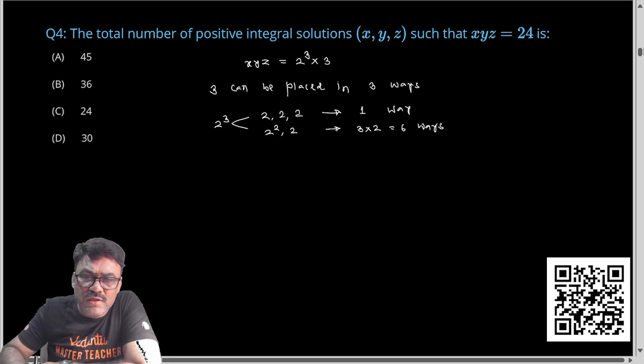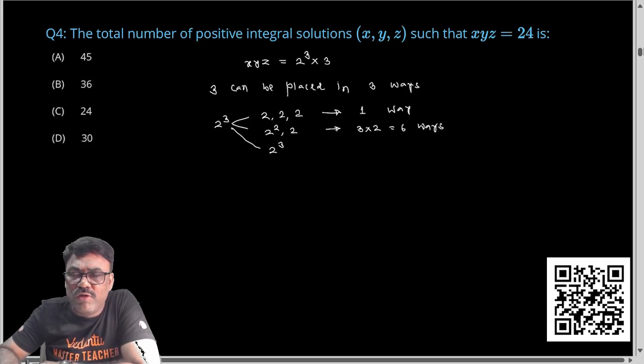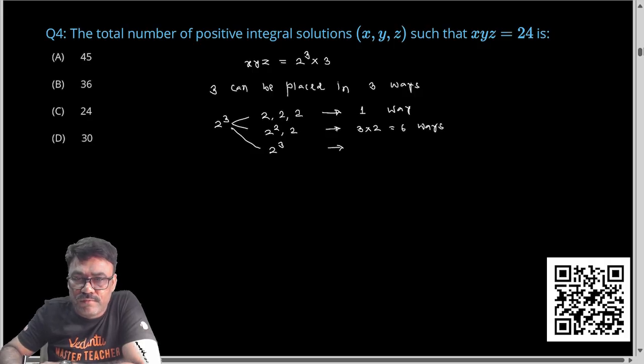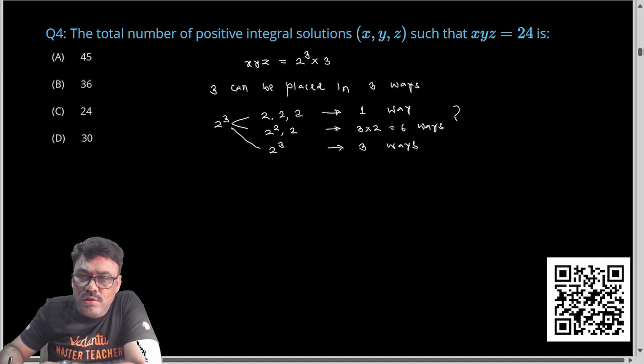Or one possibility is complete 2 cube is given to one person only. 2 cube goes to x, or 2 cube goes to y, or 2 cube goes to z, 3 ways. So total 10 ways here